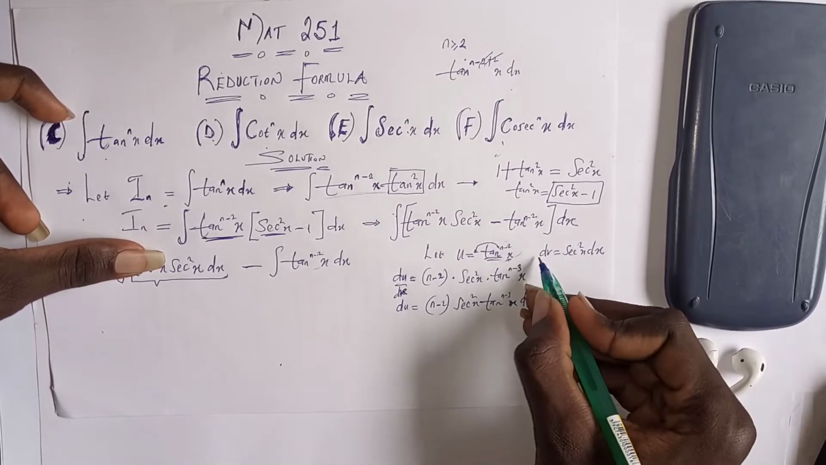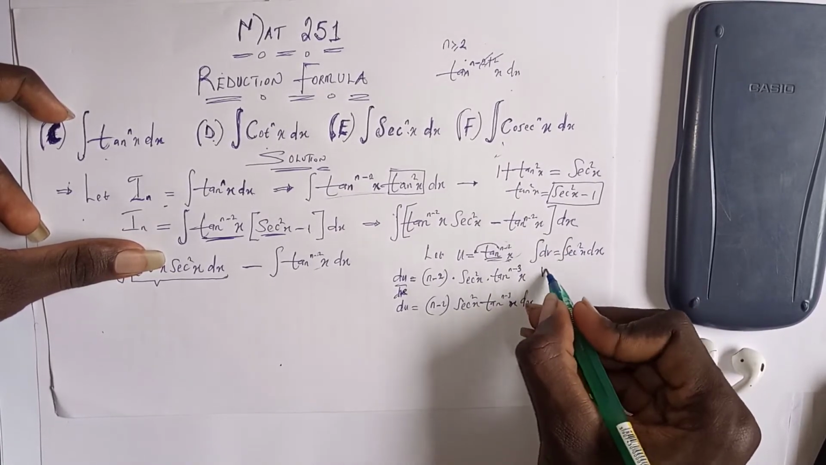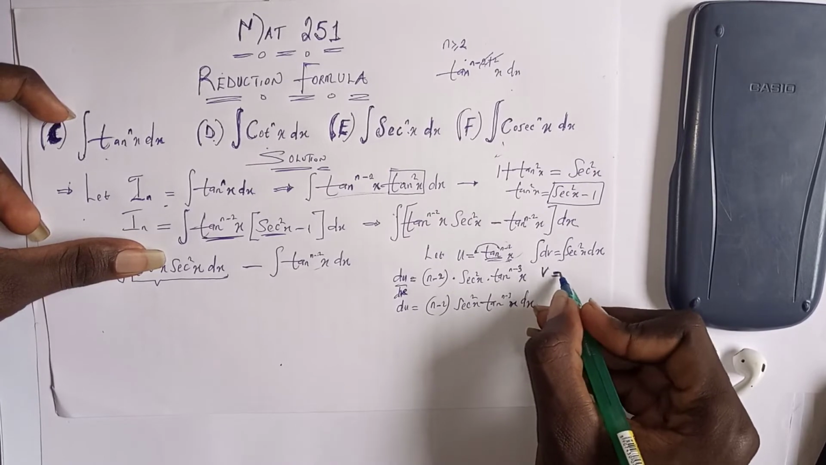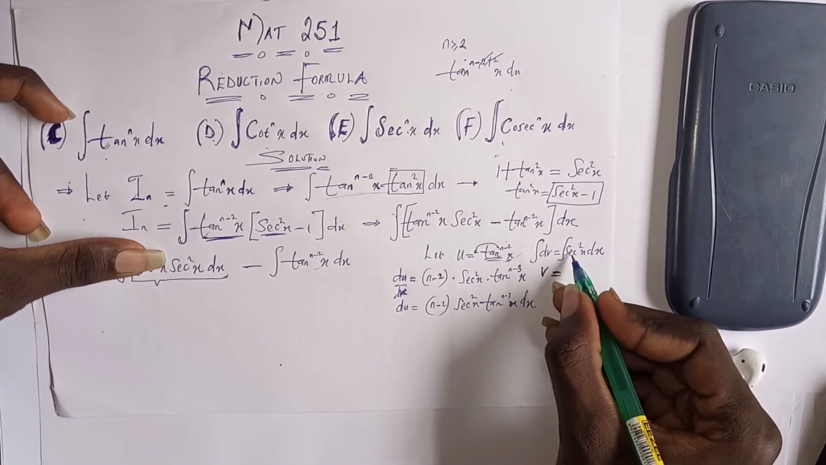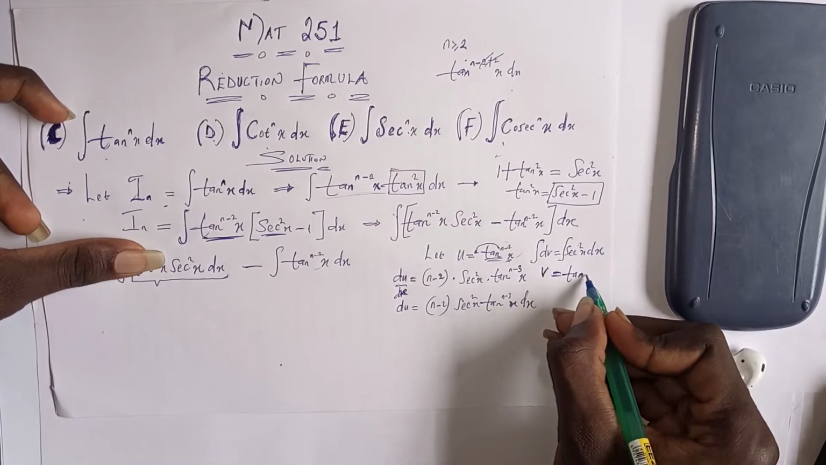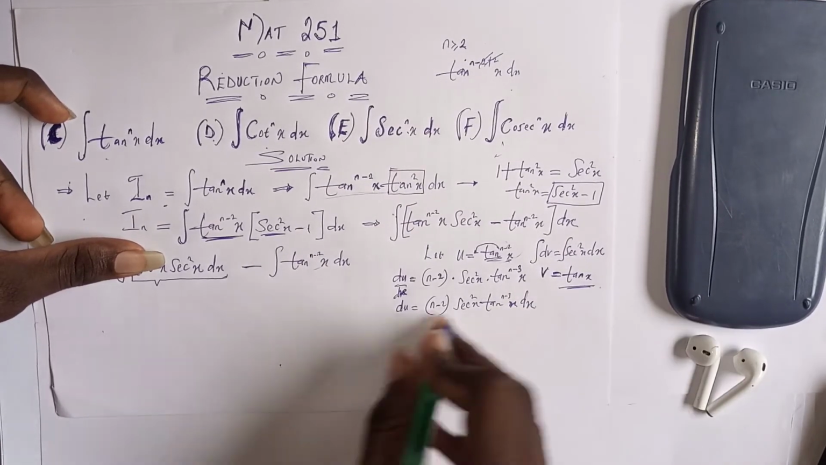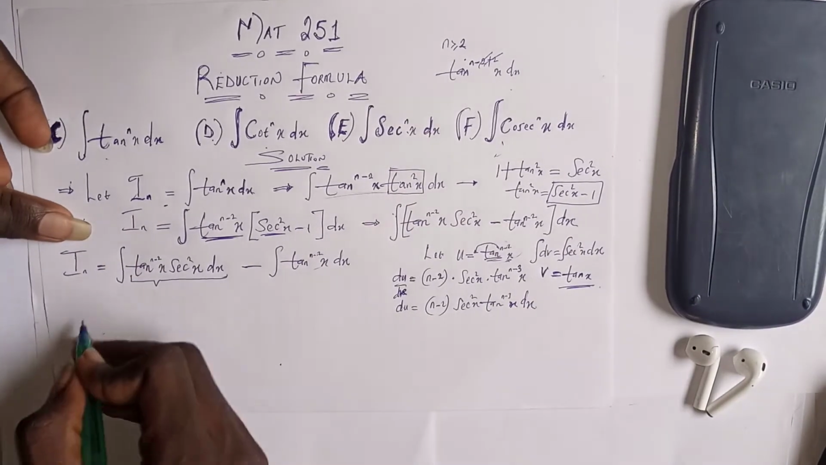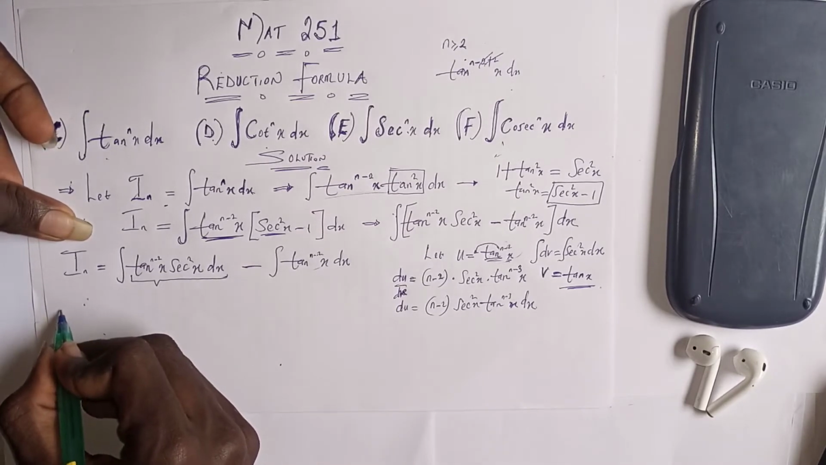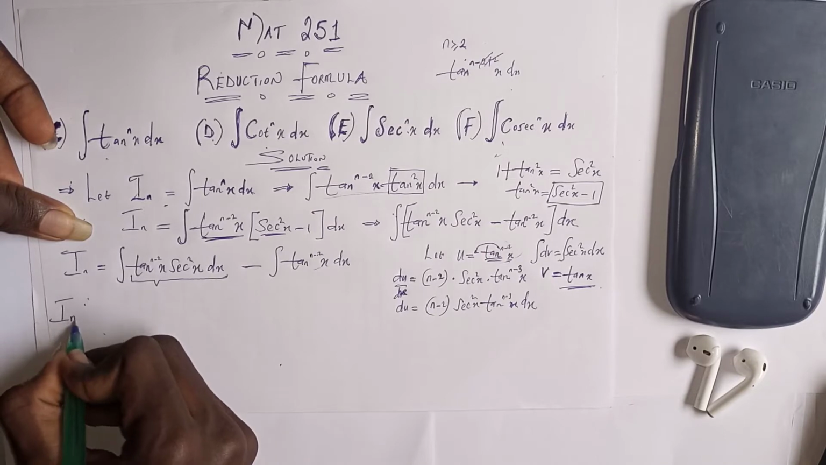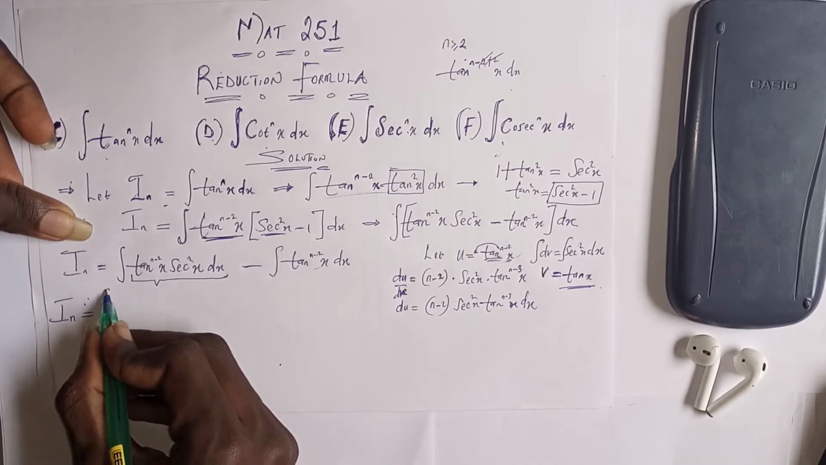Now here in this case, I need to integrate both sides to generate my v, because I will need v in the formula. If you integrate sec square of x, this is a standard integral, that should be tan x. Yeah, that's the antiderivative for sec square x. So next thing to do here is that we need to substitute. So that means I'll be having I n equals integral,